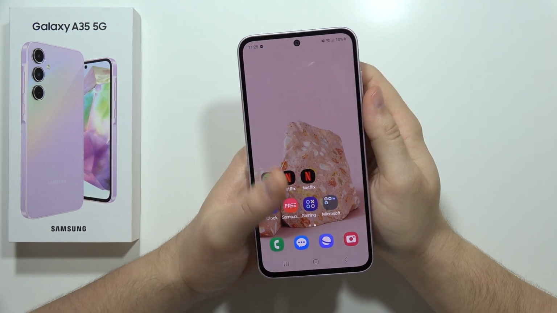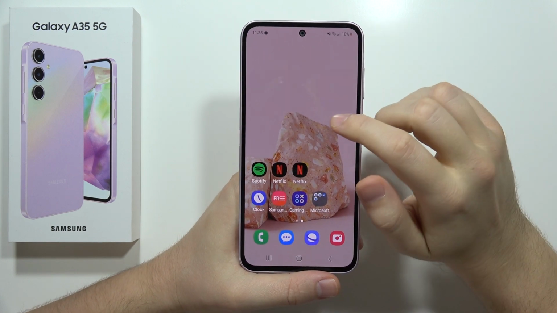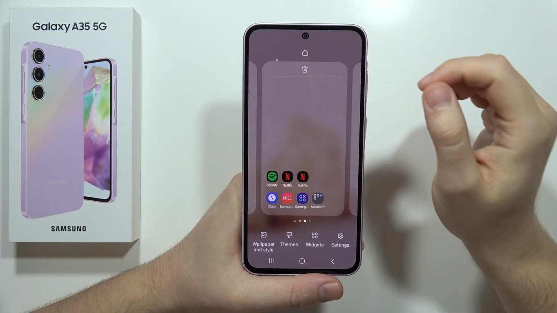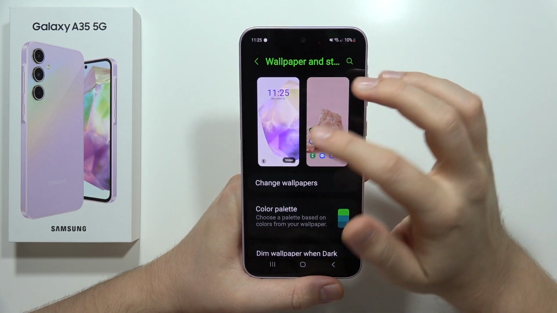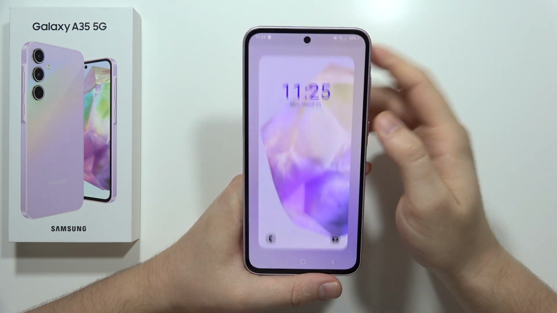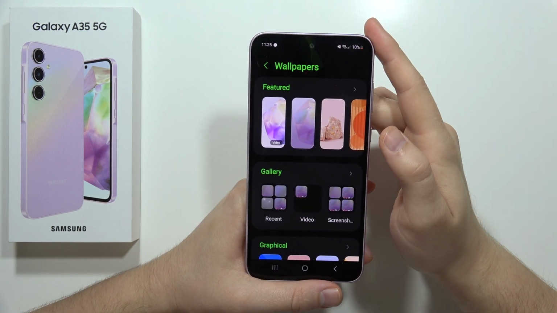Hey, to change lock screen wallpaper on the Samsung Galaxy A35 5G, you have to click and hold with your finger on the empty space in the home screen, then select wallpaper and the style, and now you have to select your lock screen. And now from this, you have to click on the wallpapers in the left upper corner,